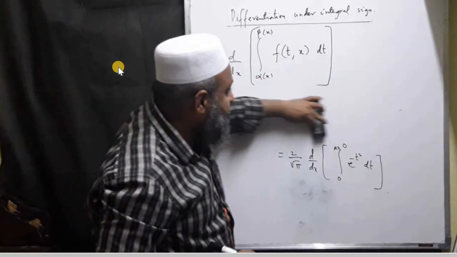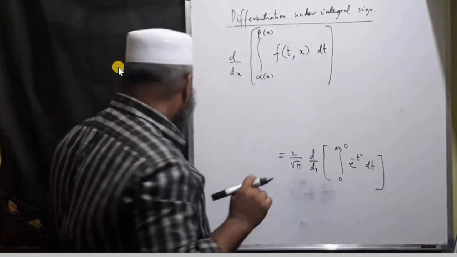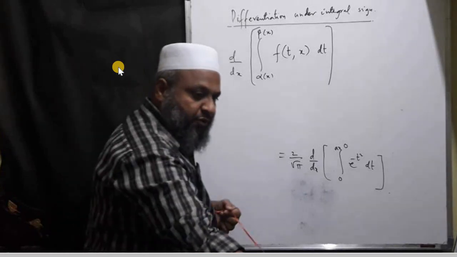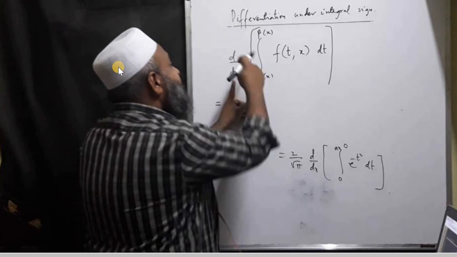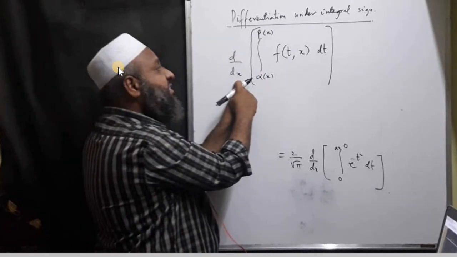The proof of this you can find in some standard book. I'm just telling you how to remember this directly. That is equal to, this differentiation is done after integration. This is the requirement, but we reverse the order. That is, we send it inside, but we do partial differentiation because it's a function of two variables, and the same variable is used here partially. So of f of t comma x, you do the same integration from alpha of x to beta of x.